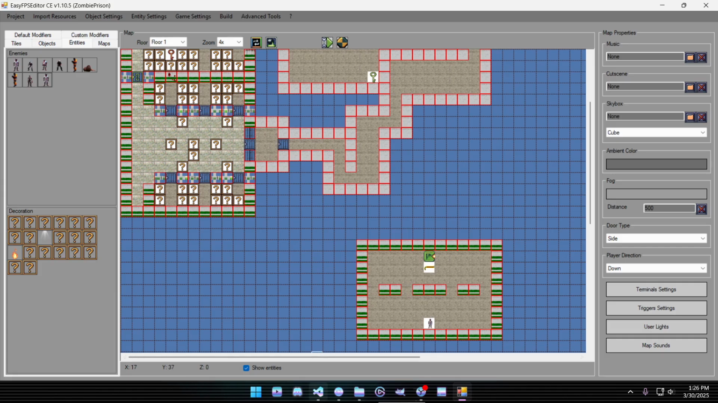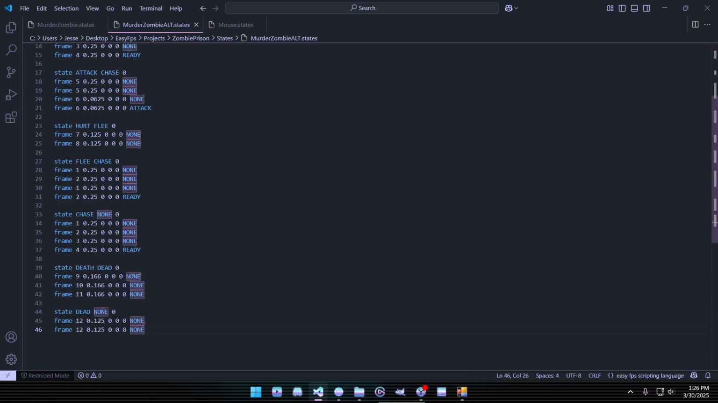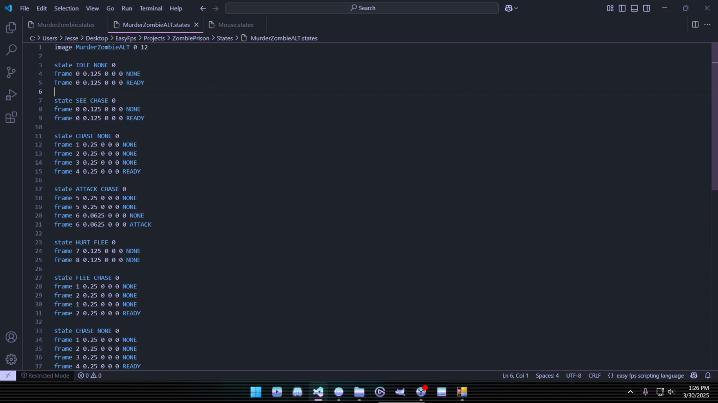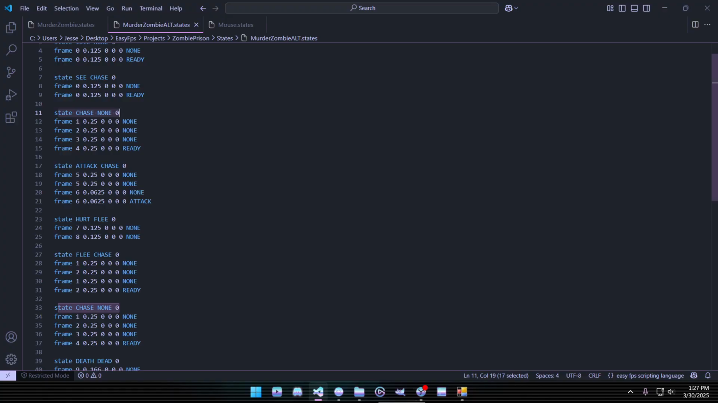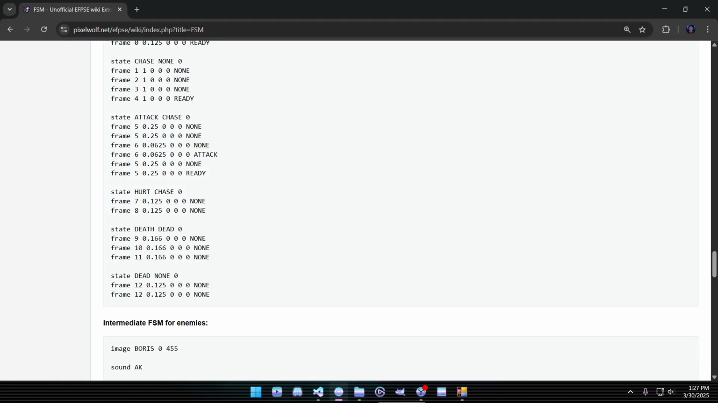So what I've done is I've set myself up a script where I have the image. I've got this murder zombie alternative because I wanted an alternative state. And I've got these same 12 animations. It goes through all of these: the idle, the see, the chase, the attack. But then on the hurt, I have the section, instead of over here where we have hurt going to chase,